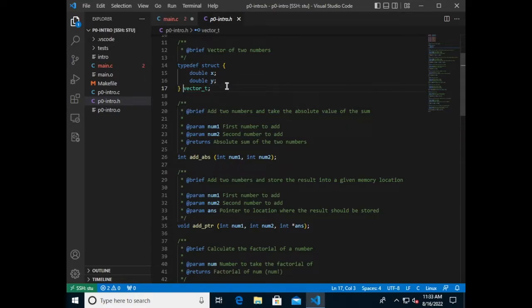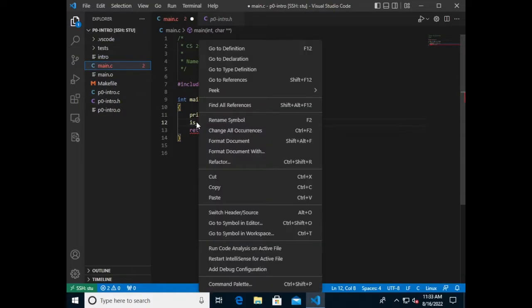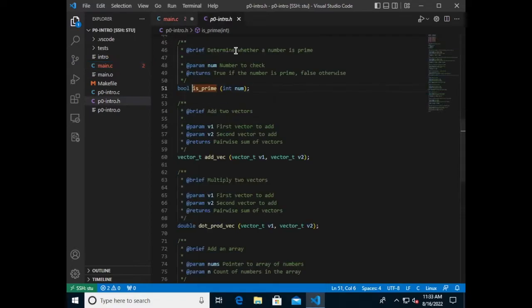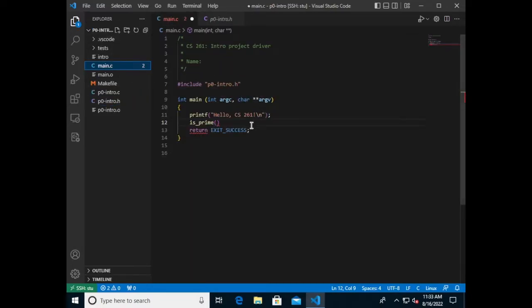Hopefully having Visual Studio Code helps reduce the amount of stress that might come from having a fairly large set of startup files to work with, because it'll help you navigate those files and move between them. You can do that by clicking over here, but sometimes it's nice to just click on something that you want to see the definition of, and let it find the location. You can also search for something using this. If you had a particular string or piece of text you were looking for, you could directly search for it.